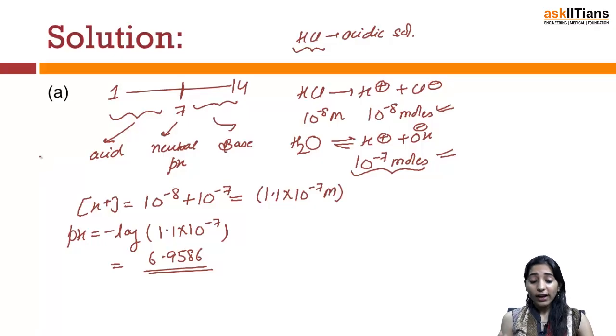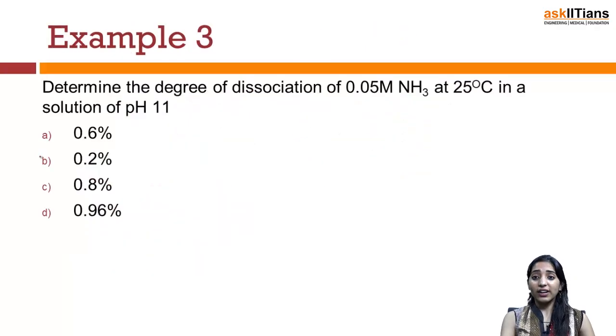So this is how we are going to deal with such problems where we are talking about very dilute concentration of any acidic or basic solution. Always and always one has to remember that even if you are taking a very dilute solution of any acid, it will always be an acidic solution. The base cannot be more than an acidic solution. So the pH always has to be less than 7, whether the value comes out to be 6.99 or 6.78 or something, but the value will always be lesser than 7.